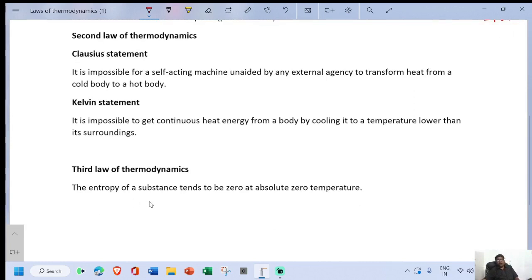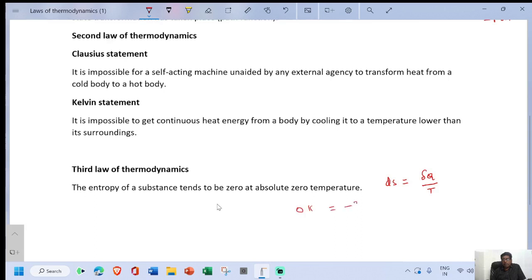The entropy of a substance tends to be zero at absolute zero temperature. You know the concept of entropy. The quantity of heat energy either given to the system or taken away from the system divided by the temperature of the system is called the change in entropy, dS. The entropy approaches zero at absolute zero temperature. Absolute zero means 0 Kelvin